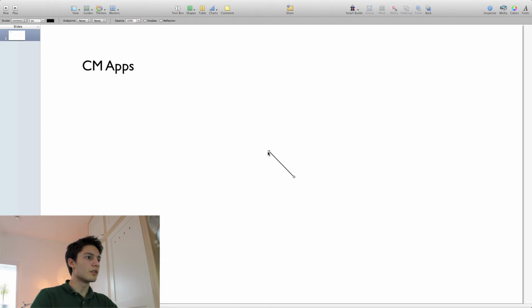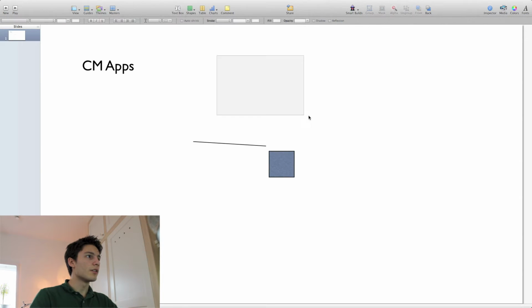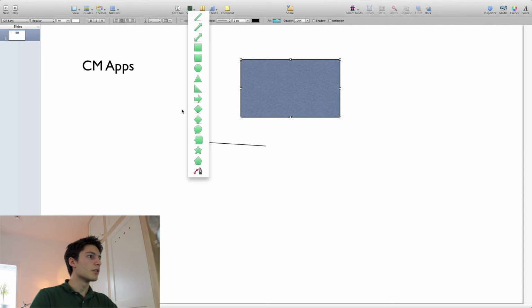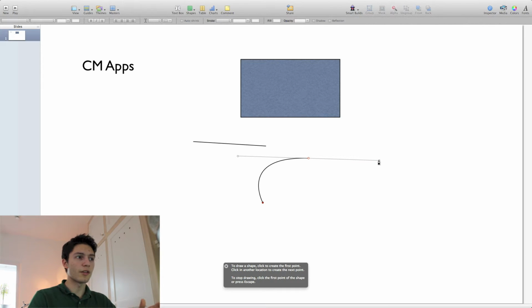We have a normal line. You can adjust the size and turn it around and everything. So very easy. You have these, a normal box. You can draw your own shape. So with these, you click on the first point you want to start, and then on the second, and then you hold it so that this little line appears, and you can create like this round